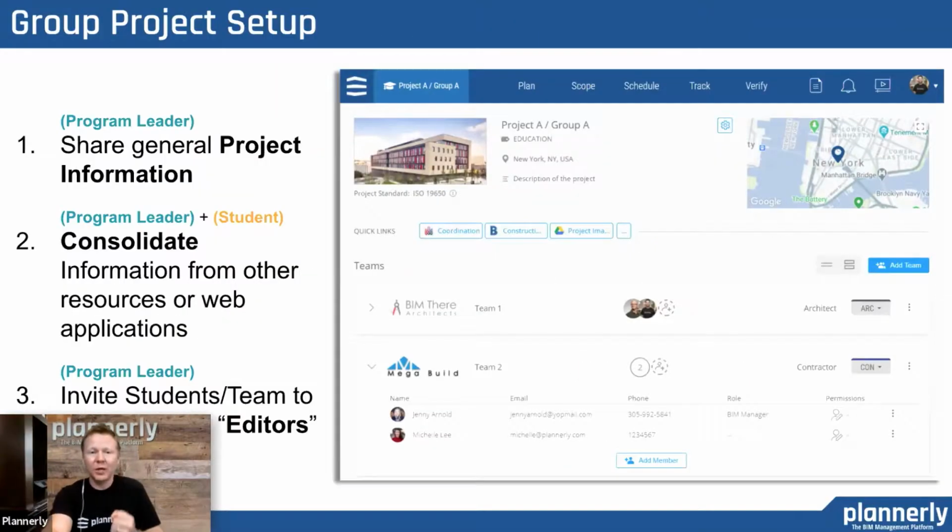Yeah, so what Louis shared there was how to set up a project inside of a workspace and how to group them for cohorts that you manage as a program leader, and then being able to define permissions for each of the students. Most of the time we recommend that they are editors so that the program leader can then approve whether it's the content in the plan or in the scope or the final model as a deliverable. All of that gives you flexibility to then improve the communication with your team as you go.